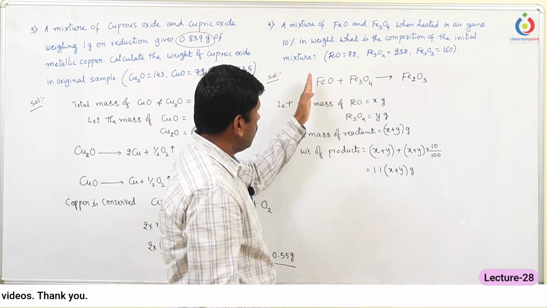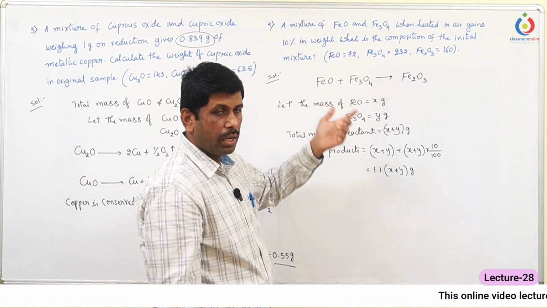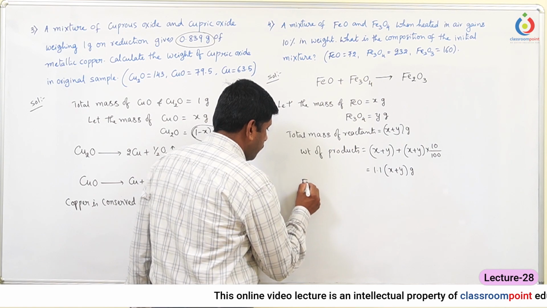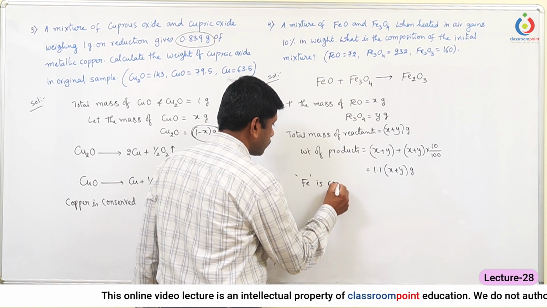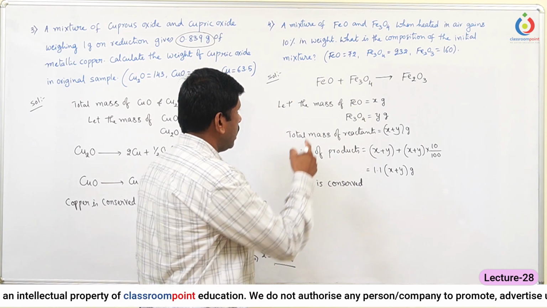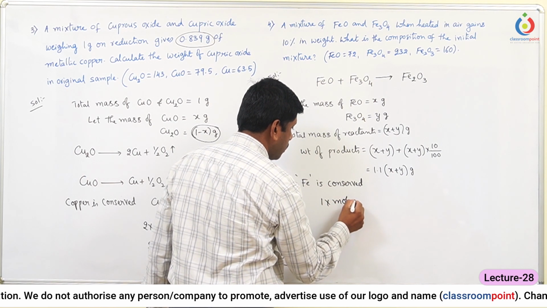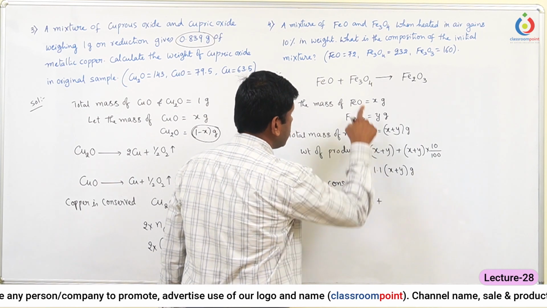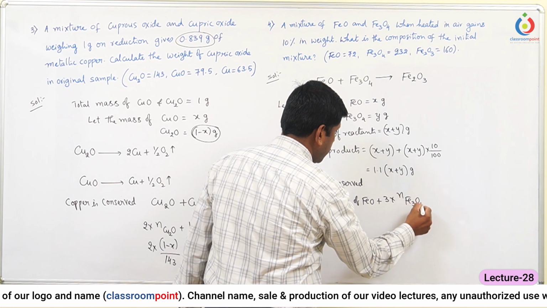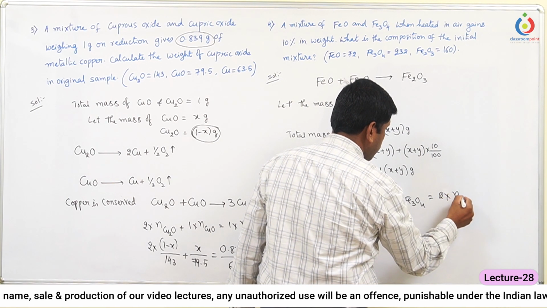In this equation, reactants completely convert into the products, and a balanced equation is not required for applying POAC. Let us consider iron is conserved. So Fe is conserved, and applying POAC, 1 into moles of FeO plus, here 3 irons are there, 3 into number of moles of Fe3O4 is equals to, here 2 irons are there, so 2 into number of moles of